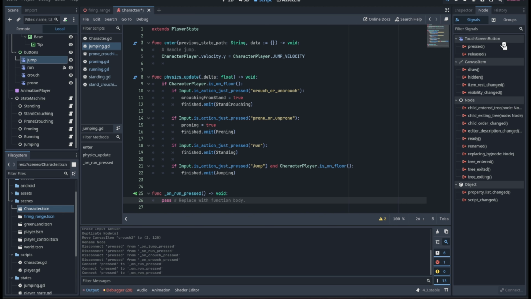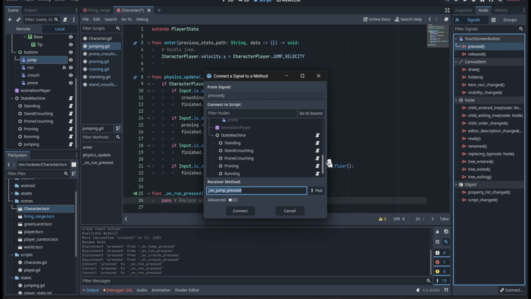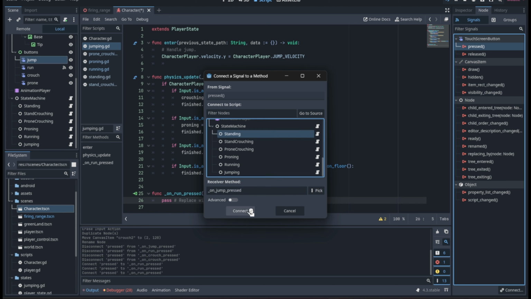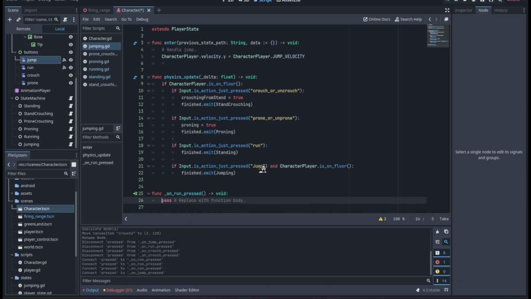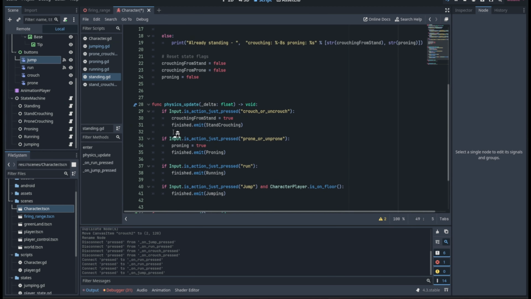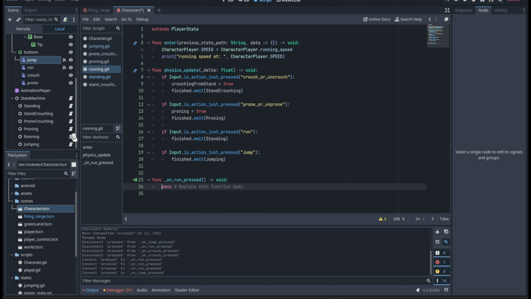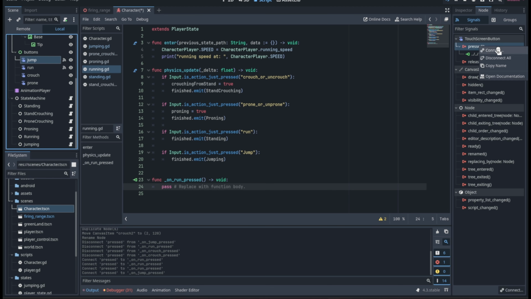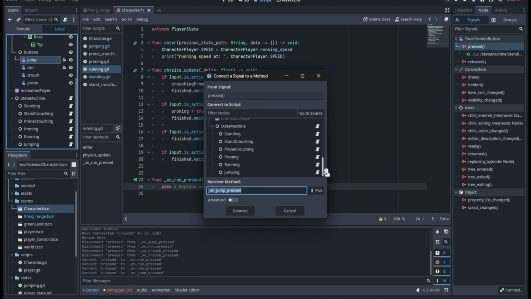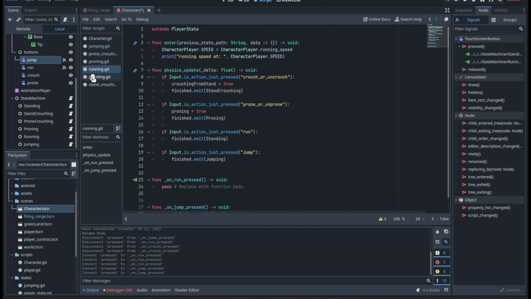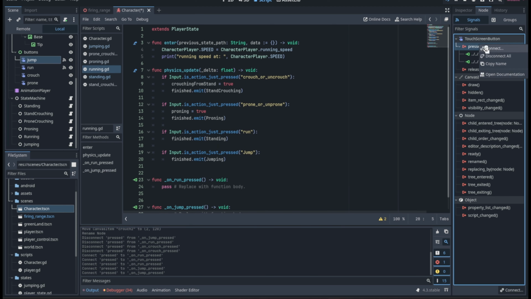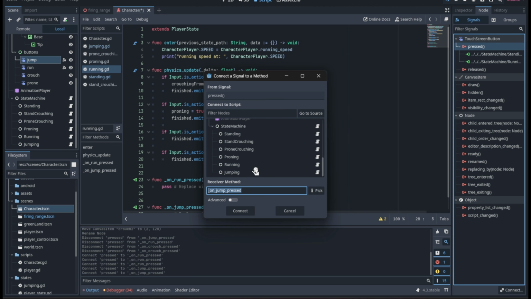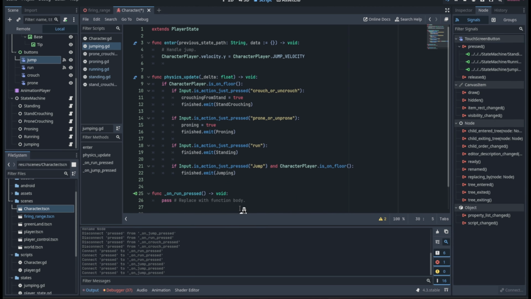Okay, connect the press signal, connect it to the standing because it is being used in there, as you can see here. It is also being used in the running. Therefore, we must connect, rather, the jump UI button onto the running state script. Also do it similarly to the jumping script. Okay,